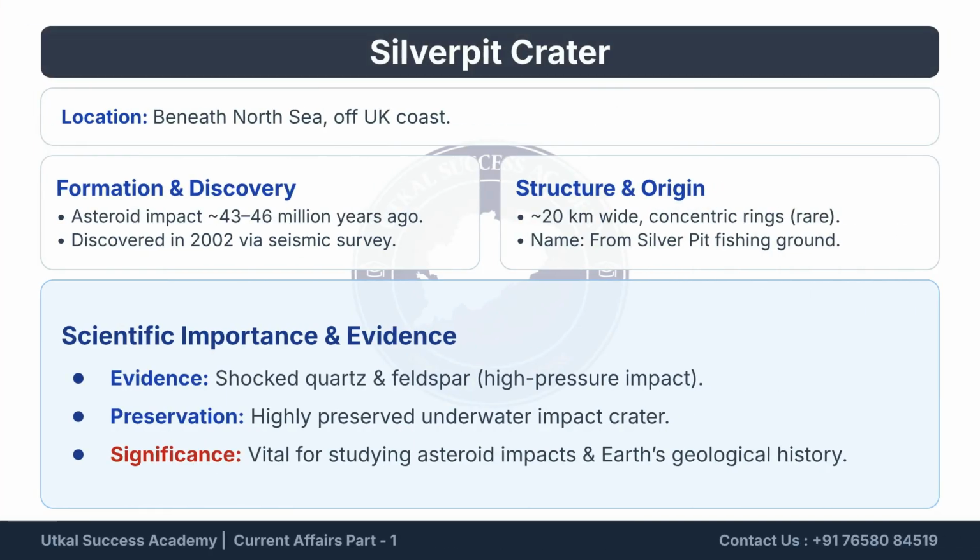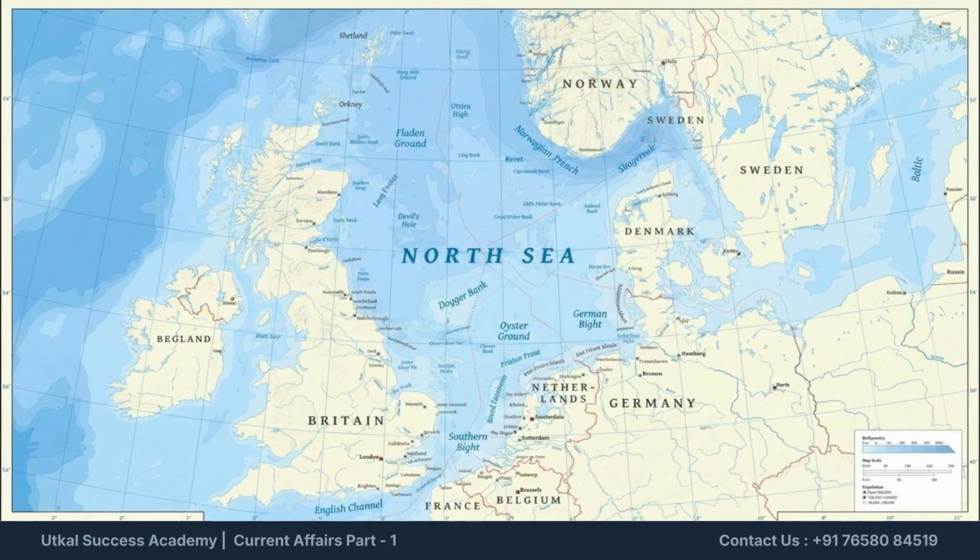Next, we examine the Silver Pit crater, located beneath the North Sea off the UK coast. This crater formed from an asteroid impact around 43 to 46 million years ago and was discovered in 2002 via seismic survey. The Silver Pit crater is a rare feature, about 20 kilometers wide with concentric rings. Its scientific importance lies in its highly preserved state, offering vital evidence, like shocked quartz, for studying asteroid impacts and